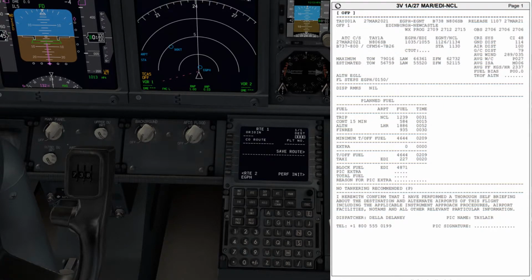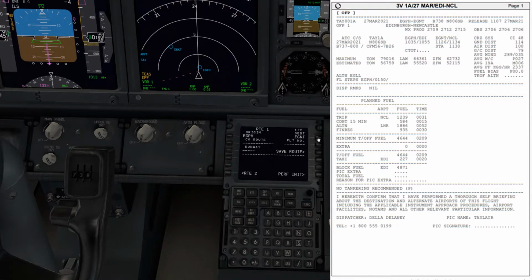So you can see here on the flight plan that we're going from Edinburgh, which is Echo Golf Papa Hotel, which is already set down here in the scratch pad because we've set it up as a reference airport. And we're going to go to Newcastle, which is Echo Golf November Tango. So we put that in the destination airport section